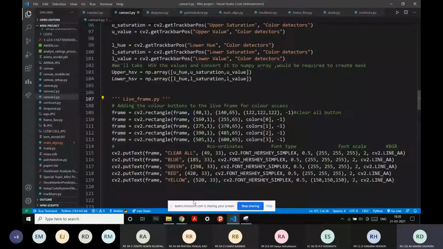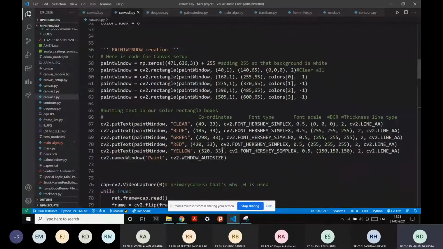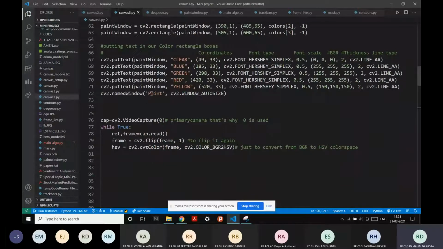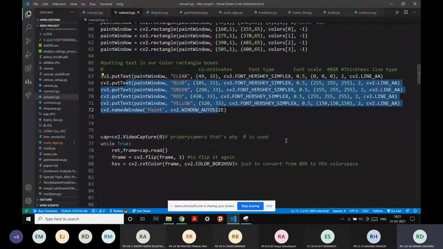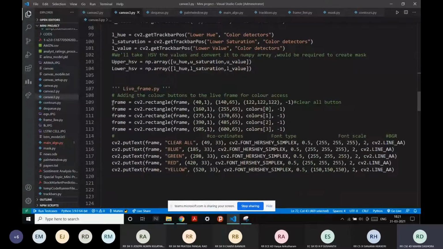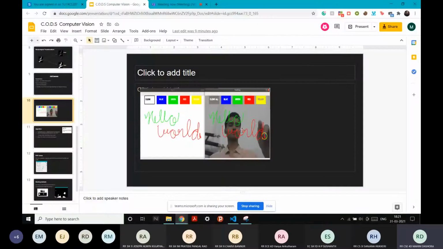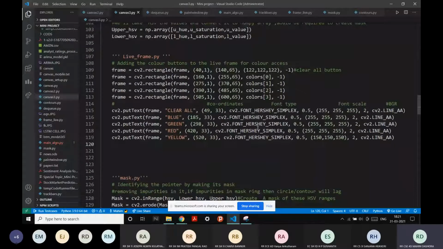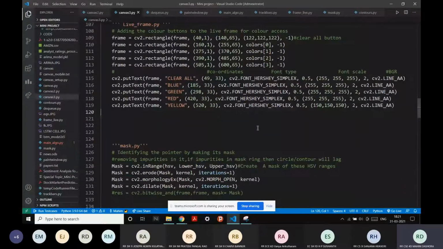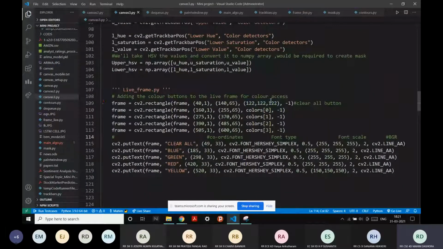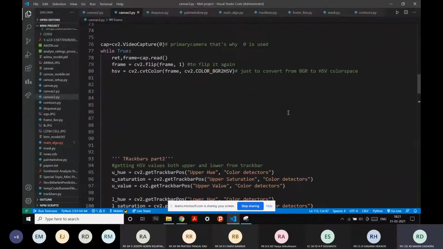So it's just exactly like our paint window. If you can observe, this is our paint window. This is putText, and see, this is almost exactly like that because we need them to be similar. Here the background color is a little bit yellow, and in the clear all button the background is gray. So that's why I've used 1 to 2, because this means BGR to gray. This is the only difference with the paint window that we have.